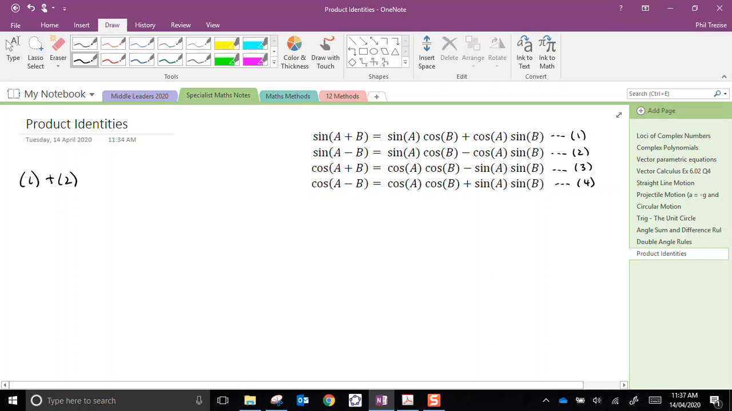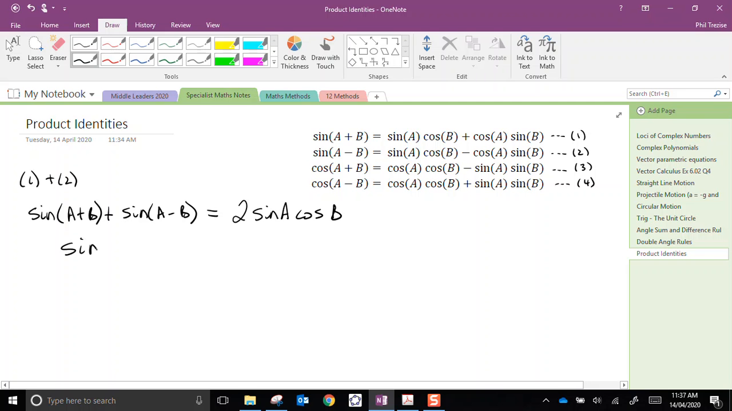On the left-hand side, I would have sine of A plus B added to the sine of A minus B. On the right hand side, I'd have this first term, sine A cos B, added to itself, that's 2 sine A cosine B. And I notice that the second term, cosine A sine of B, is equal but opposite, so they would disappear. Dividing through by 2,